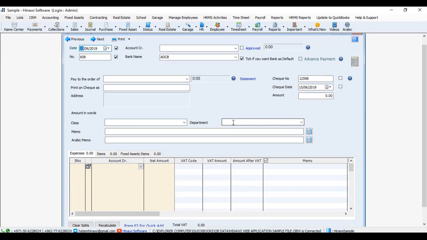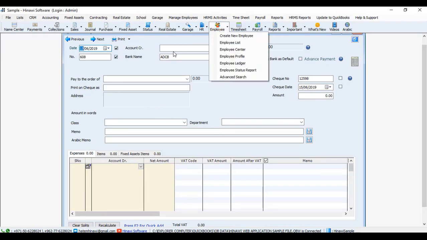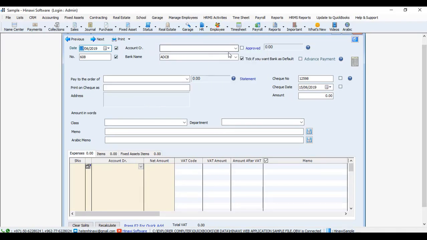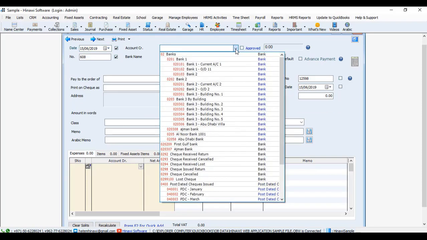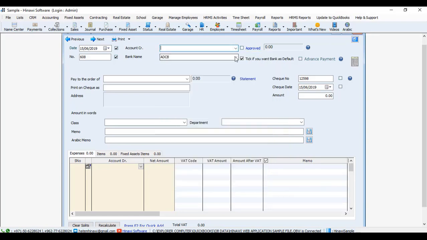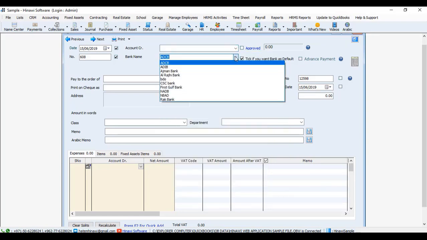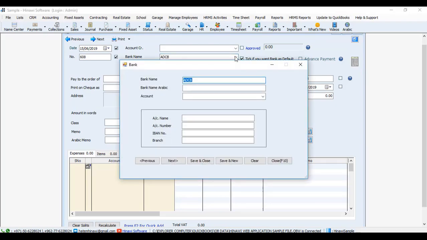We have those different types of creating or choosing an existing account credit, which will display for us all the accounts credits which we have. We can also choose the bank name, which we can also create a new type or a new bank by pressing F2 on the keyboard,